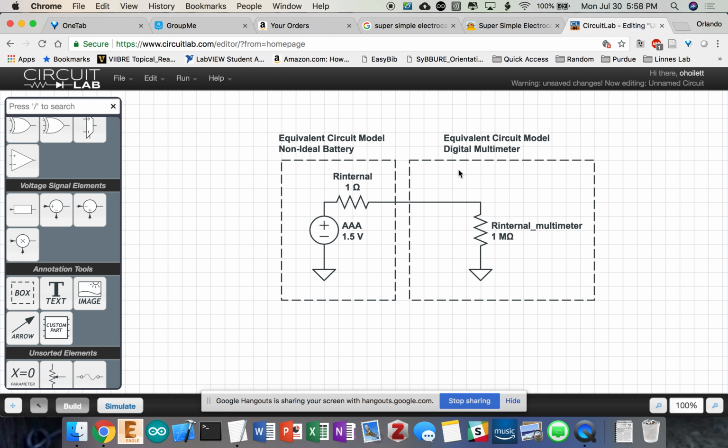All right, is this making sense so far? So inside of a battery, you can simplify it to a voltage source with a series internal resistance of about 1 ohm, honestly probably even less. And for the equivalent circuit model of a digital multimeter, it's like adding a 1 mega ohm resistor to the circuit. Is this making sense so far? Yeah. So if you remember, this is a voltage divider, right? And so the general form for a voltage divider